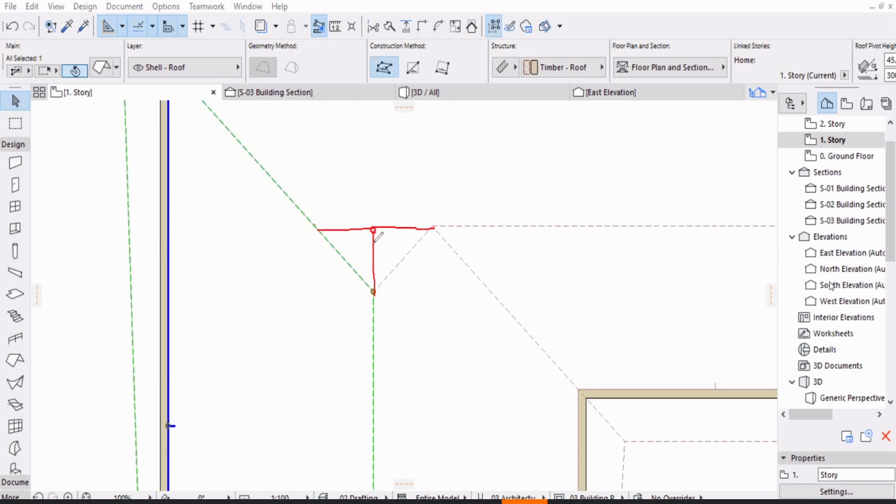But when we extend this point from here to here, what else is connected to this point is also this edge. So once I move this point, this edge will shift to this, right? And we'll get this as a surface. We don't want this to happen, right? We want to maintain this shape as it is. We want to keep this edge as it is, but we want to move only a part of this edge. So how we can move this part of the edge of this ridge is just by putting a small